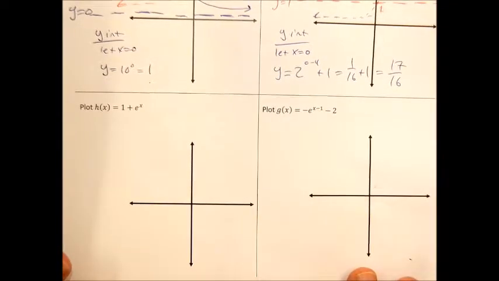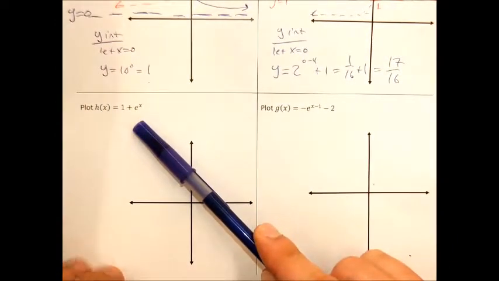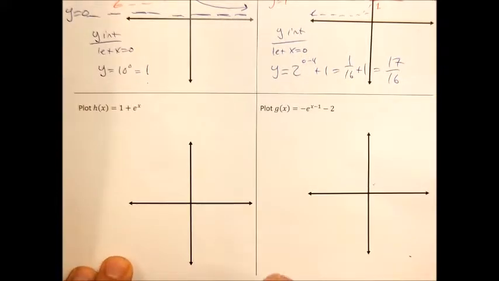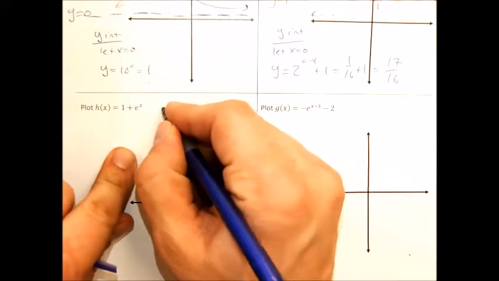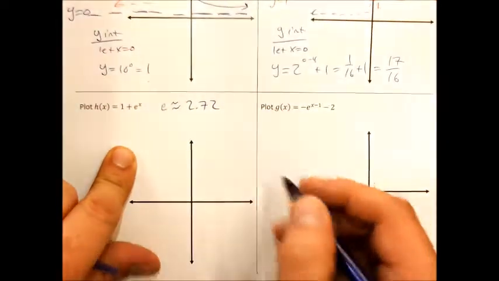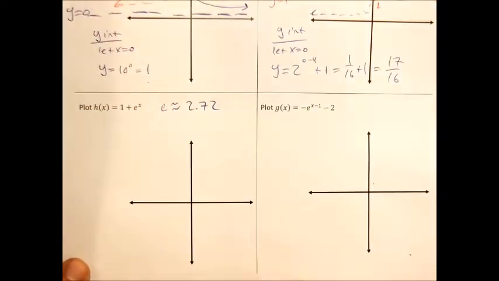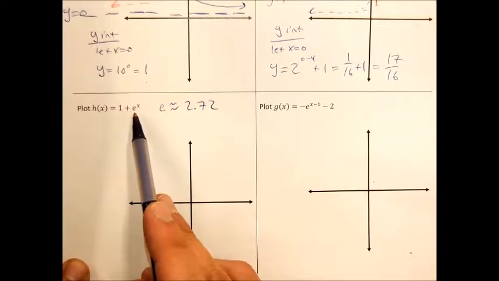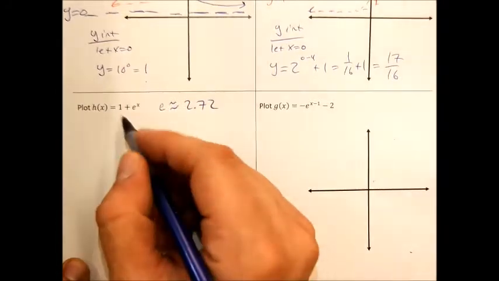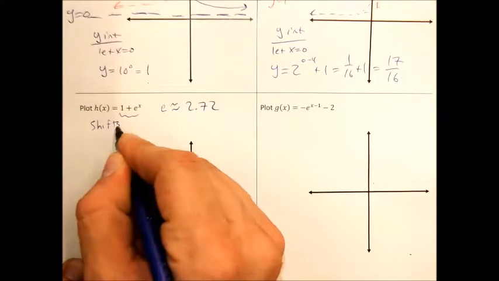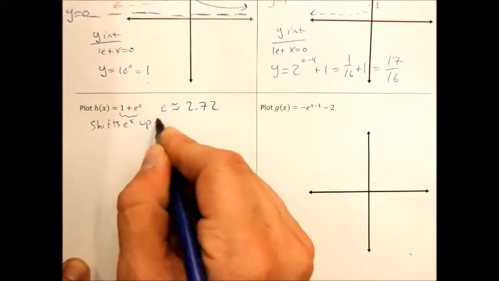Let's take a look at the next one here. This next one's a little bit straightforward. I wanted to just do a straightforward e to the x example. If you remember, e to the x is about 2.72, right? So you're thinking about e as about 2.72 raised to the x. And what we're doing here is taking that function e to the x and adding 1 to it, right? And so this is just shifting e to the x up 1